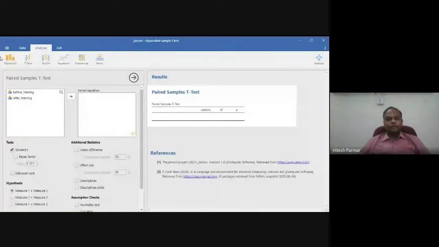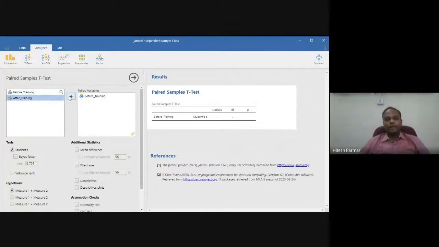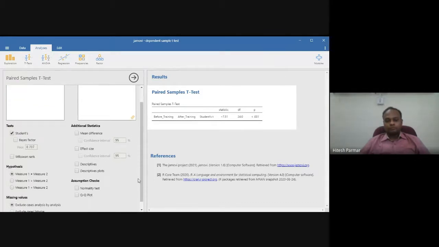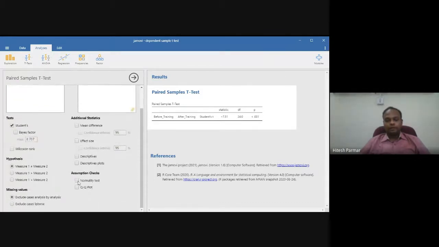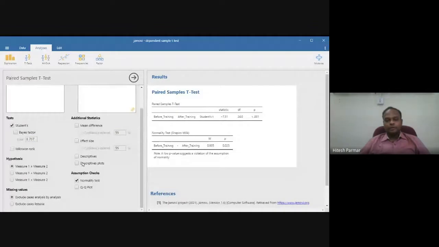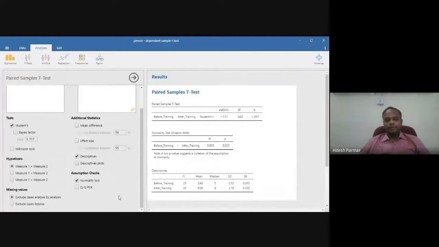Once you click there, then this will appear. You need to transfer your before training and after training variables. Then you need to click here, normality test. Then you need to click on descriptives. Then you need to click on mean difference.